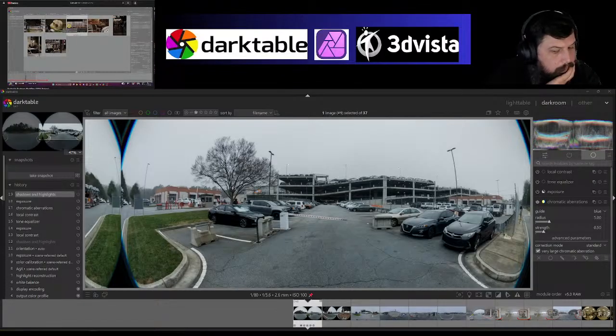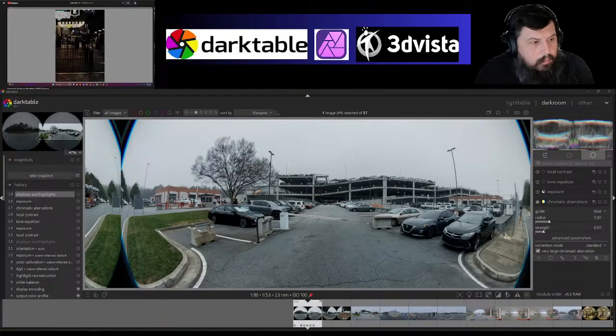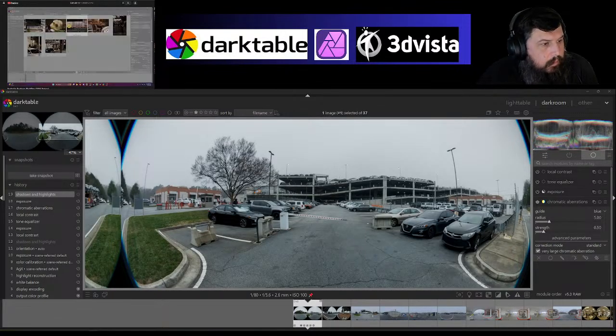To mention whenever you went full screen is make sure if you want to switch between photos, you can use the left and right arrow key, just like as you would expect. But the difference between Darktable and Darkroom within this program is they don't use the same key for that. So whenever you go and we want to have that, you can actually change your global preferences selection, and you